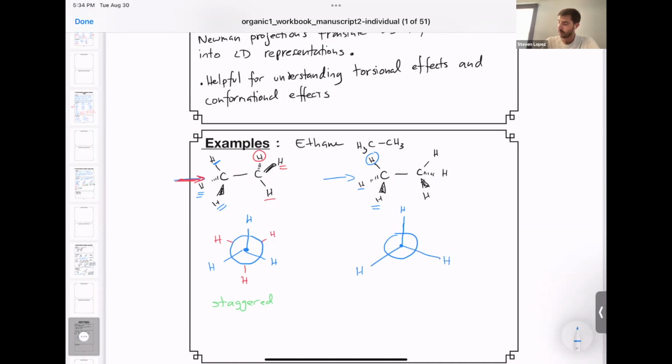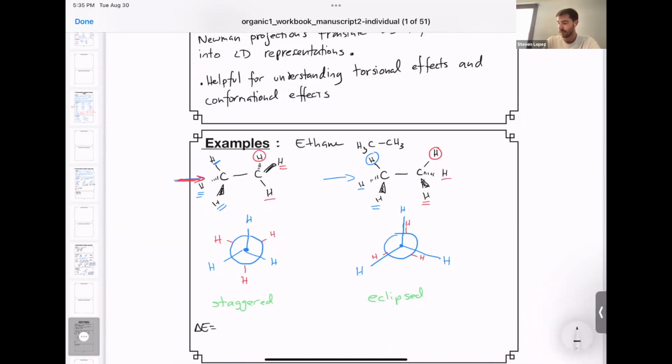Moving on to the next carbon, you have another hydrogen that's pointed up, which I've circled in red and indicated in red here. And you'll notice that that carbon-hydrogen bond is a little shorter, but that's just for perspective. These are exactly aligned with one another. You should make a model to convince yourself of this if you can't see it from my iPad drawing. These are also eclipsed. You can see this one that I've underlined twice is down and right. And this one that I've underlined once is down and left. Okay, and this is known as an eclipsed conformation because the two structures have bonds that are exactly eclipsed.